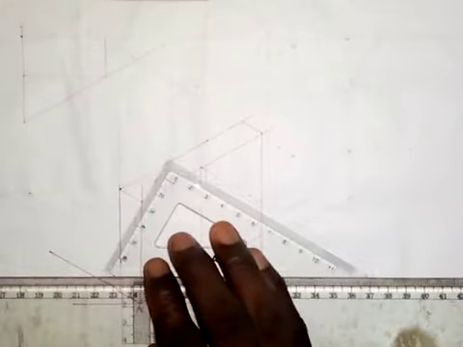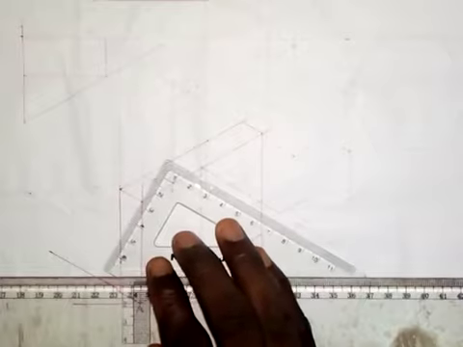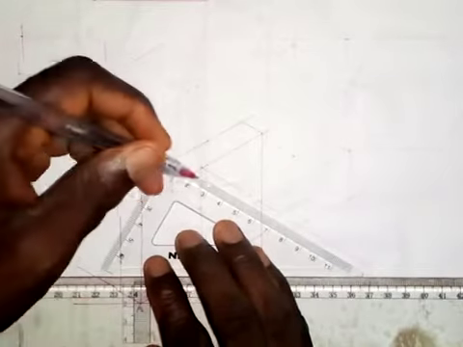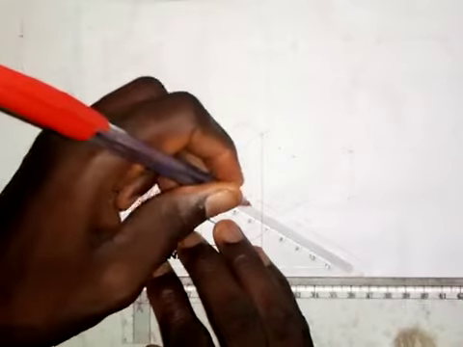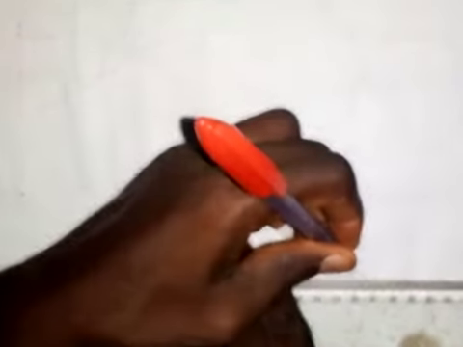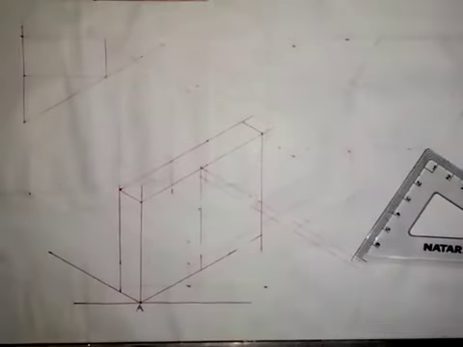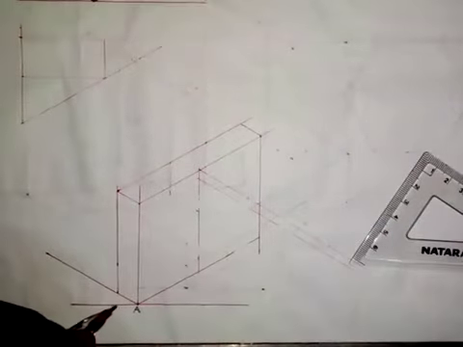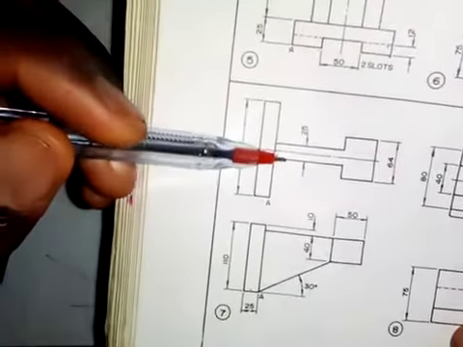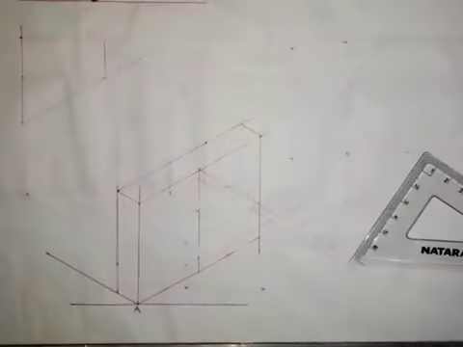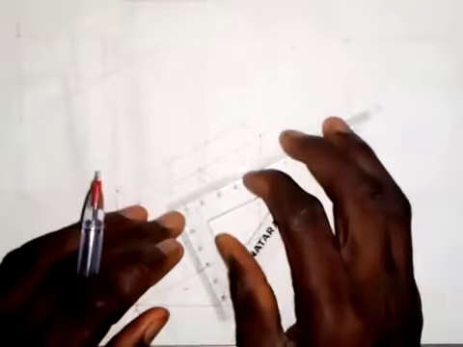So here I will draw it like this. All right, so this is where I need it. So now the next thing that I'm going to do is that as we have that the thickness of this thing is 25 millimeters. So 25 by 2, that is 12.5. So if I come here, so I will need to draw